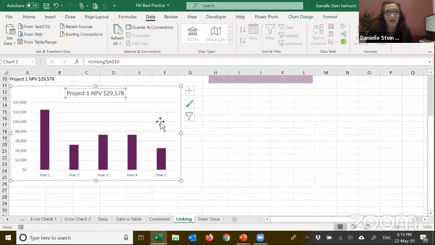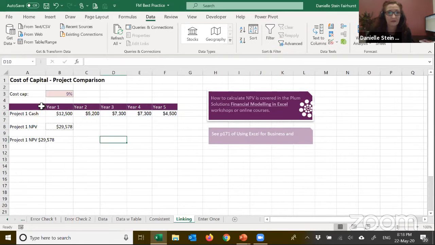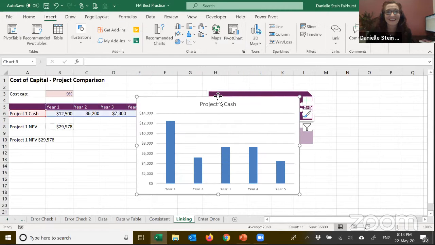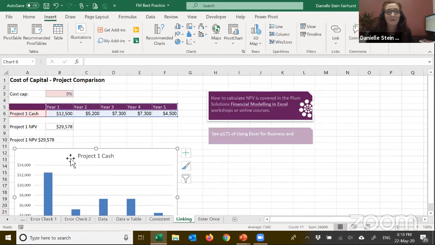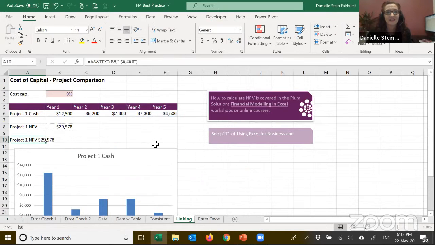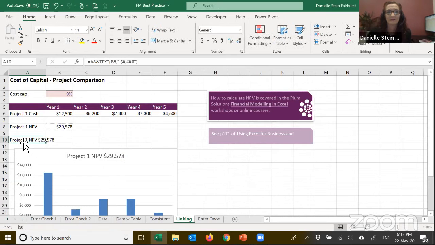If I create that one again and show you how that was done: if we highlight the chart and go to insert a chart, it automatically creates a title like this, but I can change that title to something else. I can go to here and just press equals, link, and then hit enter. And so that's created a title like that.